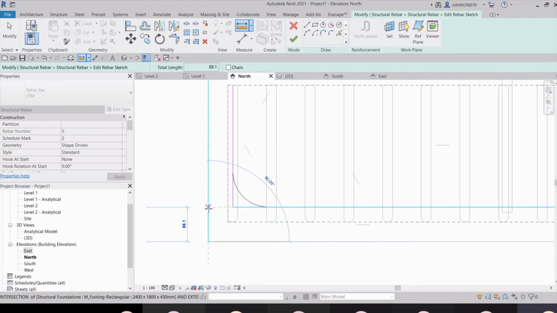Yes, 88.1. So that is fine. Okay, so the gap is fine.